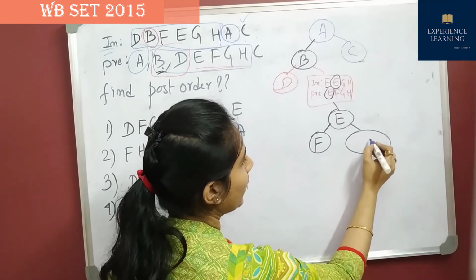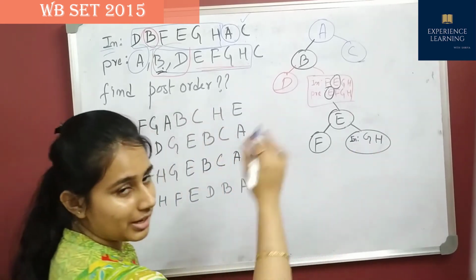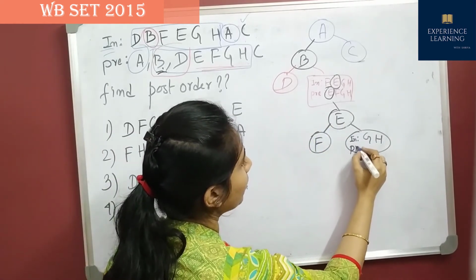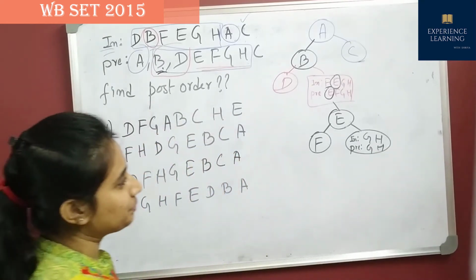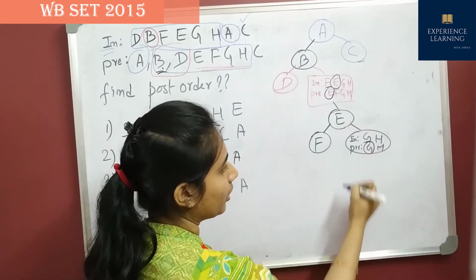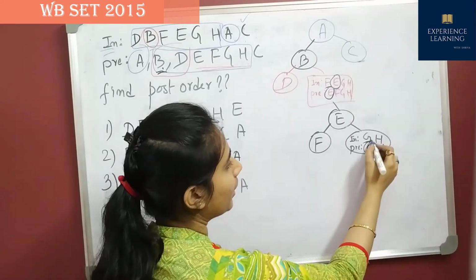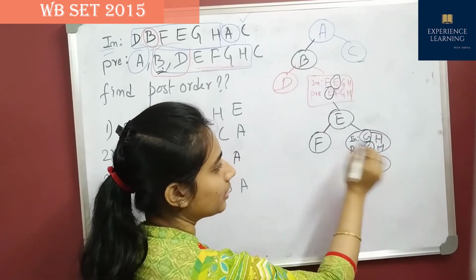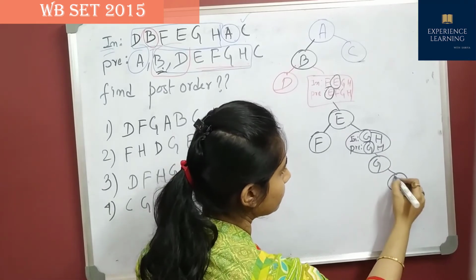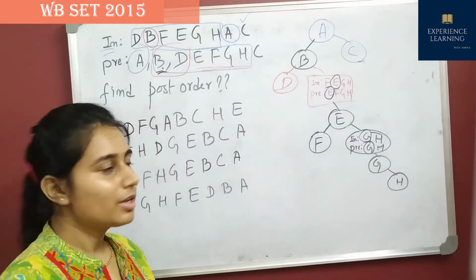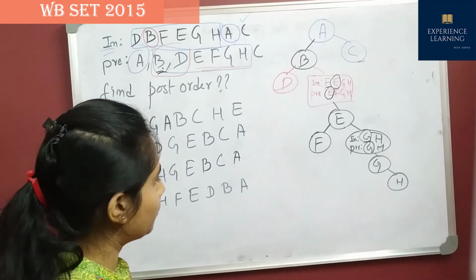In the right subtree we have G, H. In in-order, the order is G, H here also, and in pre-order it is G, H also. Okay, now from pre-order G will be the node, and in case of in-order you can see that H is after G. So here we are getting this. So if I draw the resultant tree, it will be